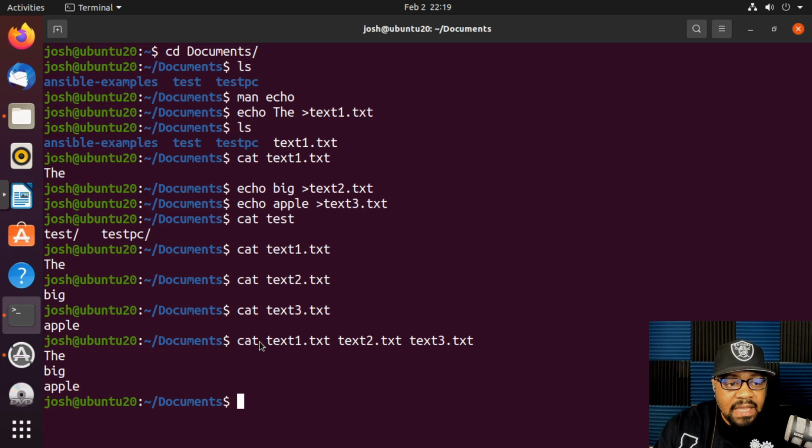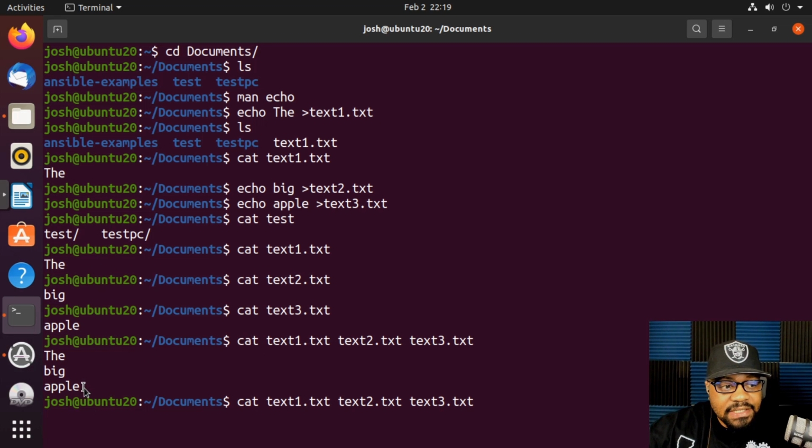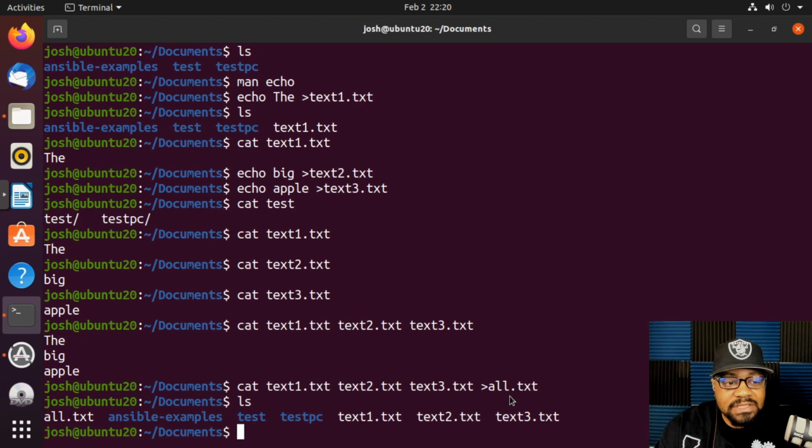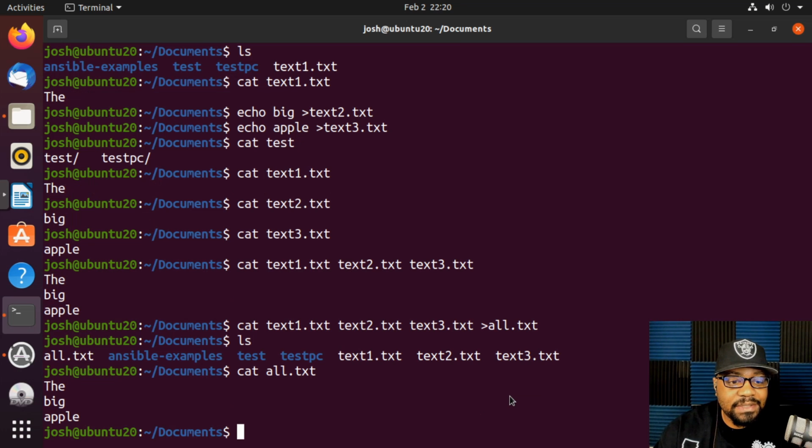I just wanted to show you that it is possible to do this. We can run the same exact command, but instead of it outputting to the terminal, I wanted to output that information to a file. So let's create another file, and all we have to do is type the greater than sign, and we can name the file all.txt and press enter. And if we ls this directory, we'll see that we have another file now called all. So if we cat out the all file right fast, we'll see that that text is there. So it basically took the text from text1, text2, text3, and put it all into one file,